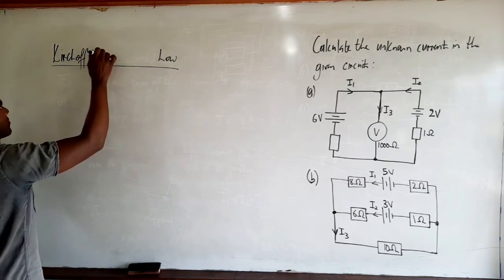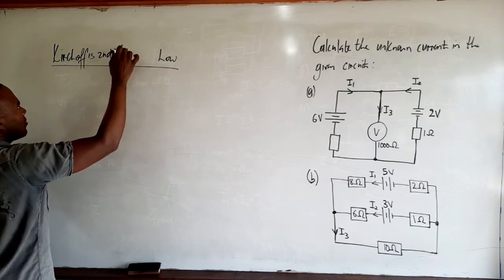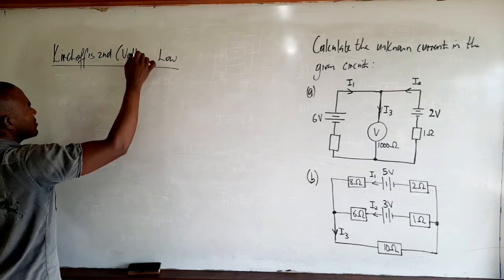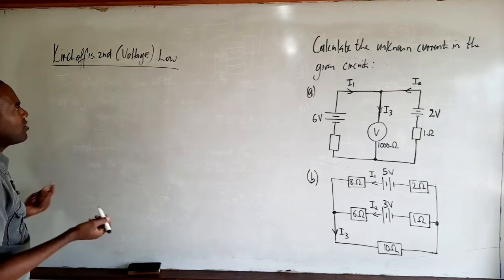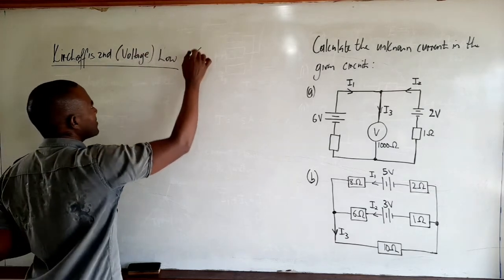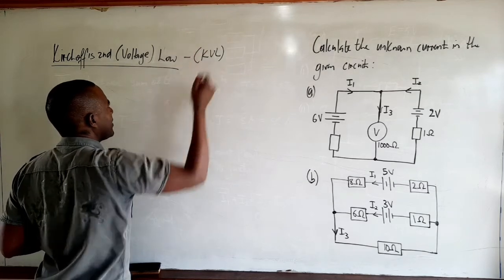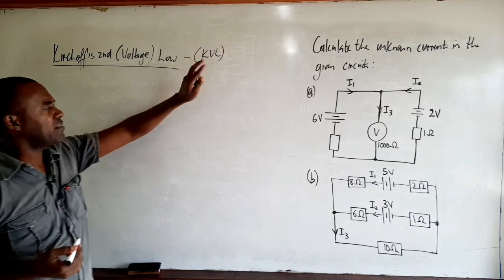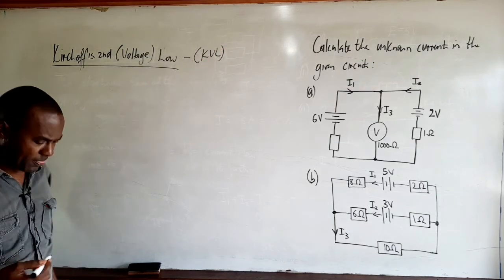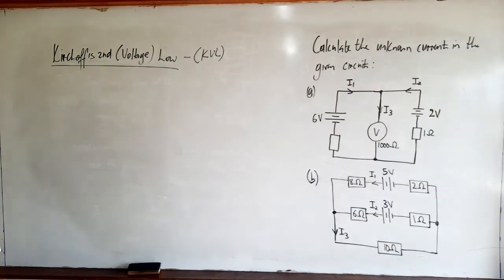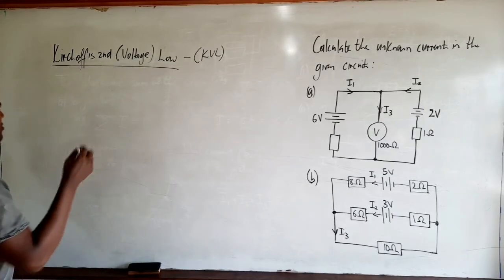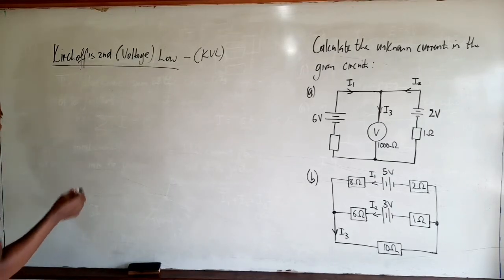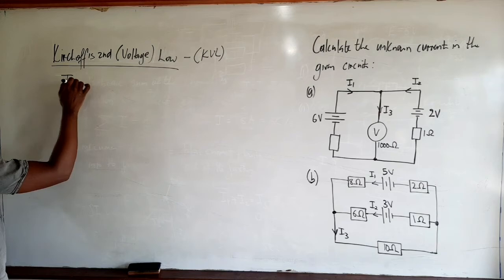So Kirchoff's second law, which is referred to as Kirchoff's voltage law, which of course you may see sometimes as KVL, right? Kirchoff's current law may be represented as KCL and the voltage law KVL. Now, what exactly does Kirchoff's second law state? Kirchoff's second law states that in any closed loop of a circuit,